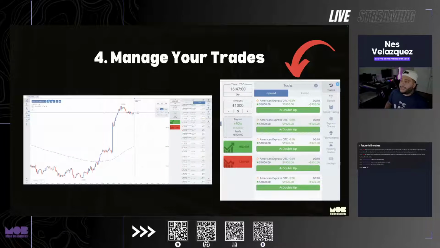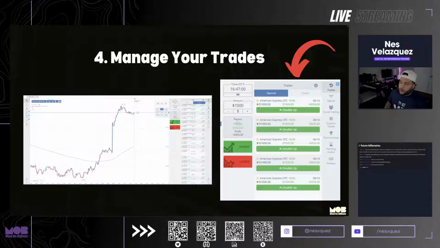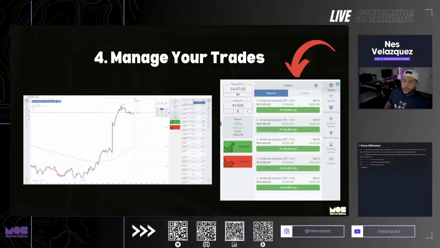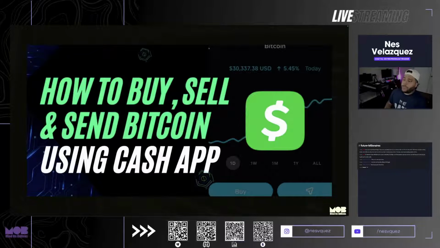All right, then you are able to manage your trades. You can get out of your trades ahead of time with a smaller loss if you want, or if you're so far ahead and super profitable, but there's still a lot of time in your trade, and you'd rather just break even on that, you could do that too. So there's a few ways to manage it. After a while, you'll get more familiar with what are the best ways to really manage that.